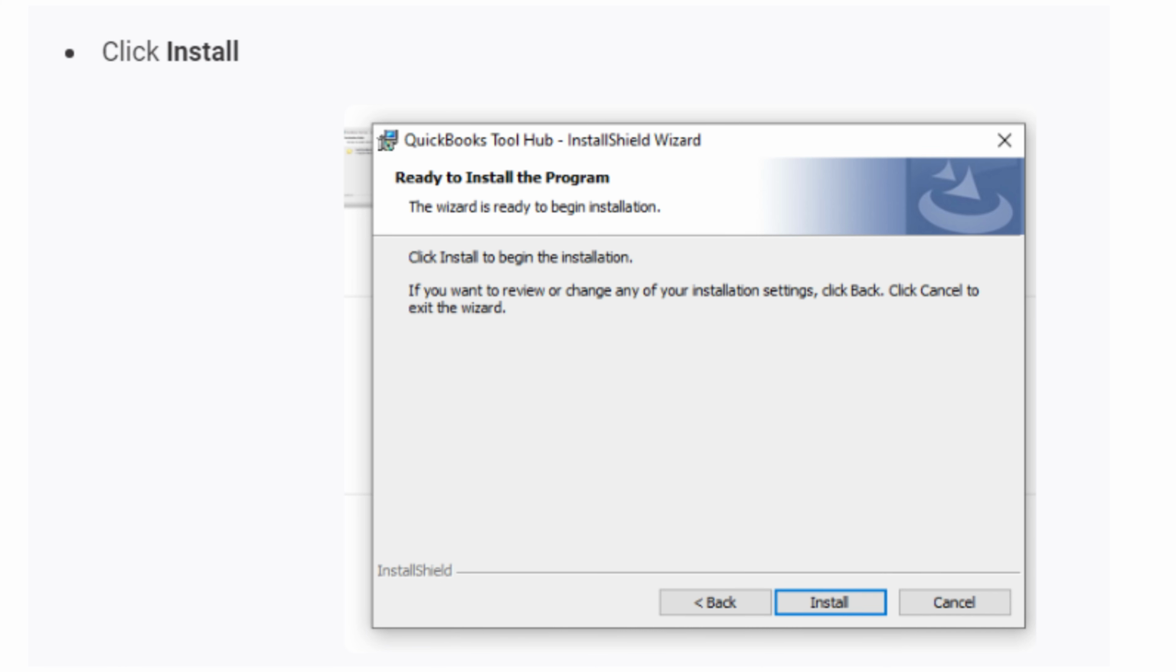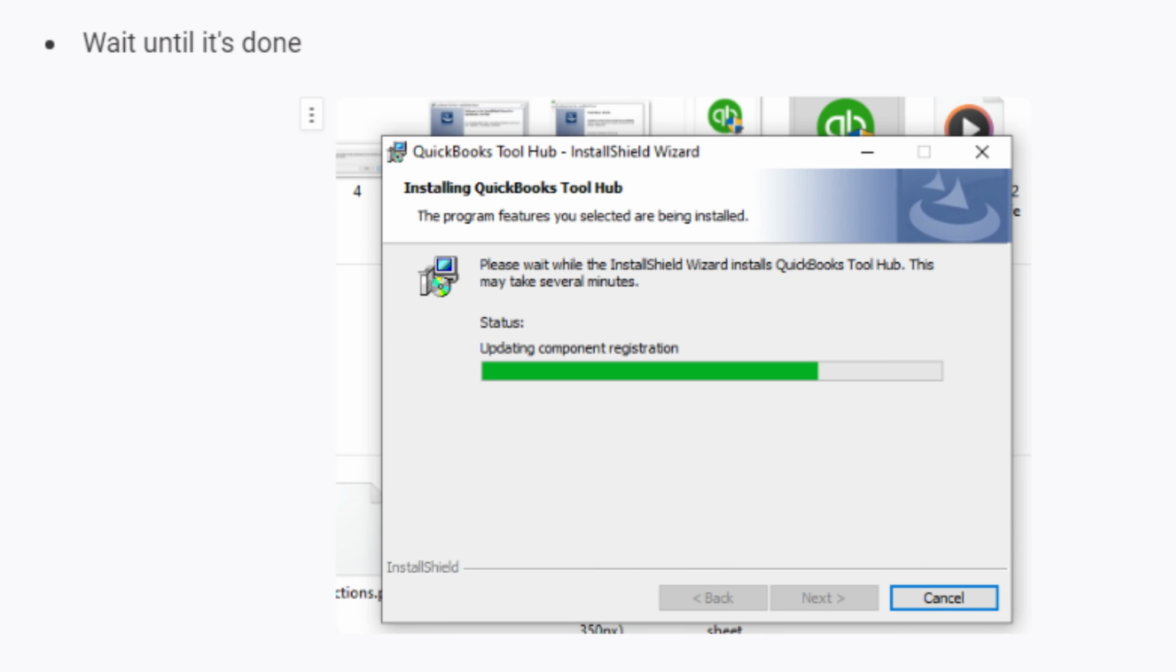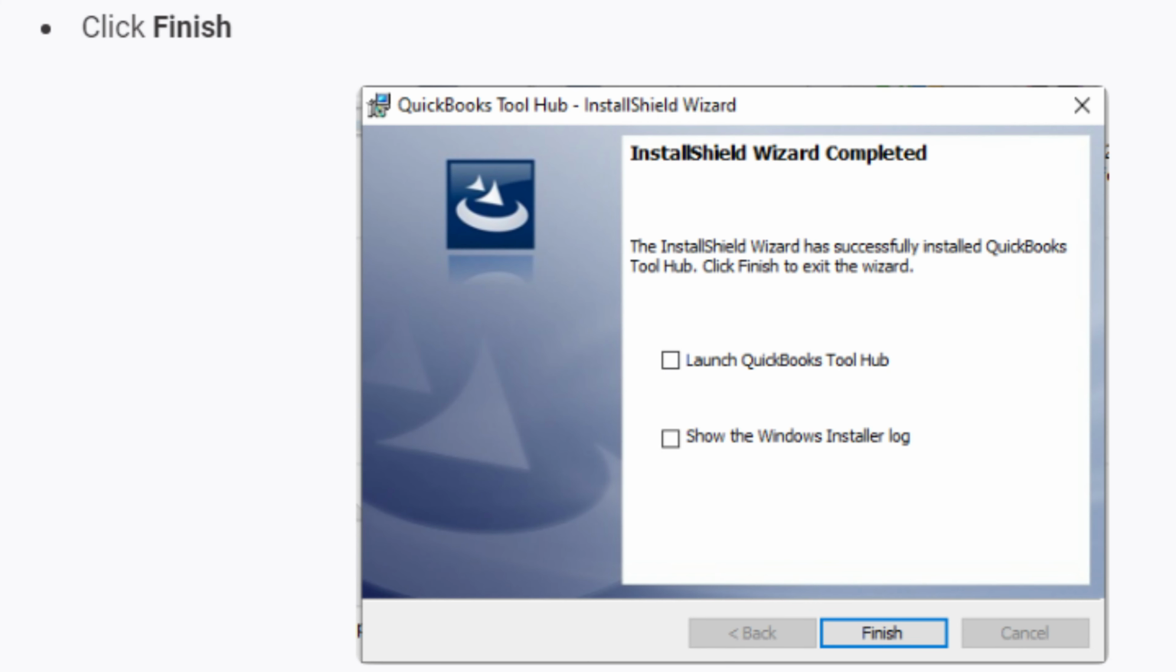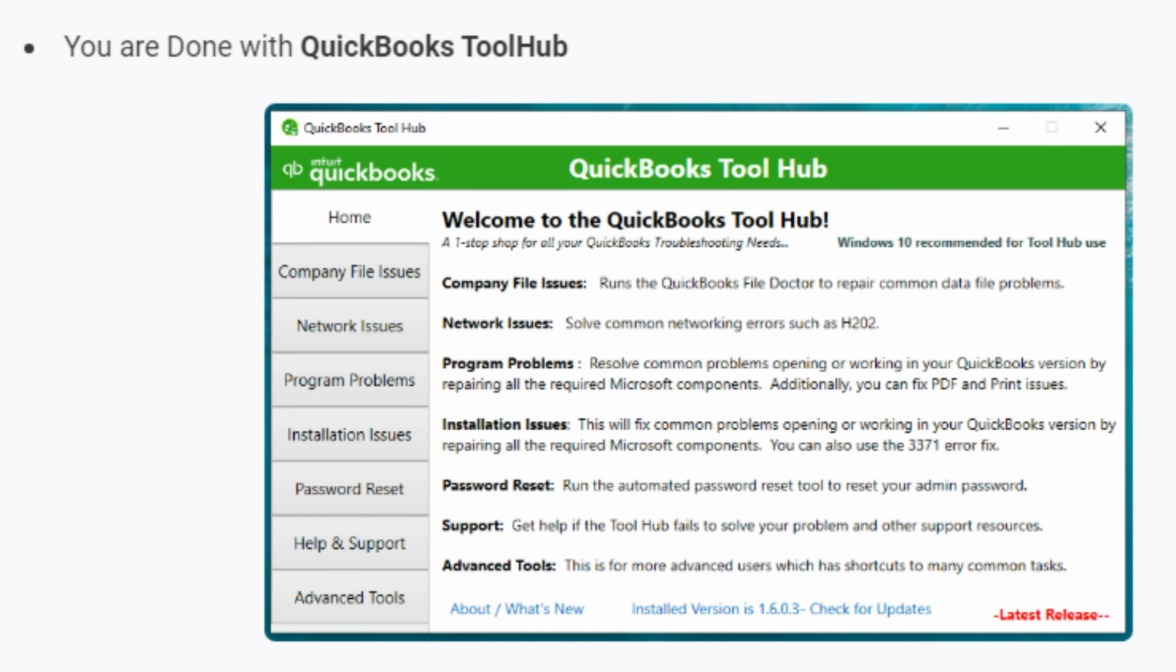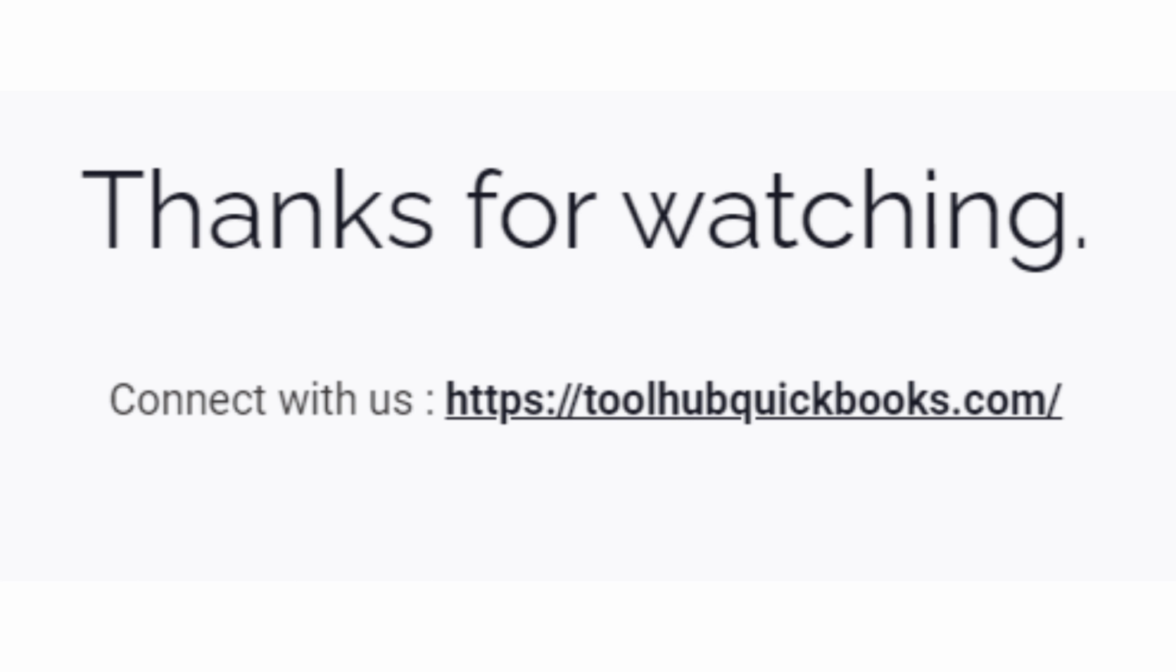Launch QuickBooks Tool Hub. After installation, you can launch the QuickBooks Tool Hub by finding its shortcut on your desktop or searching for it in your Start menu. Using QuickBooks Tool Hub. Open QuickBooks Tool Hub, and you'll find a set of tools to help you with common QuickBooks-related issues. You can use these tools to diagnose and resolve various problems, such as installation issues, network problems,